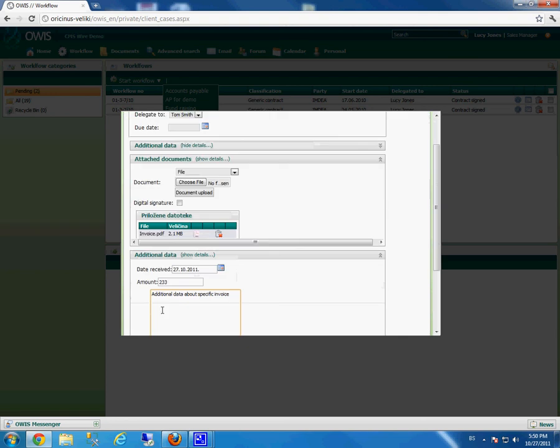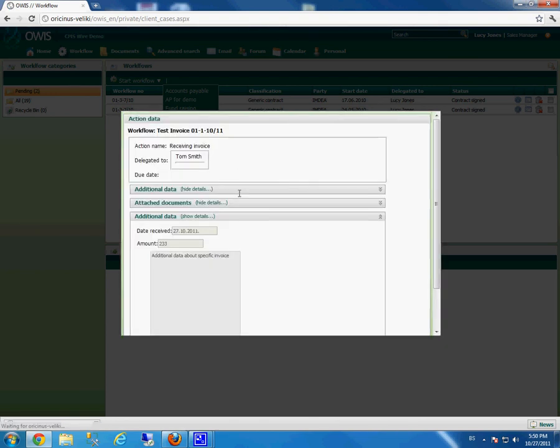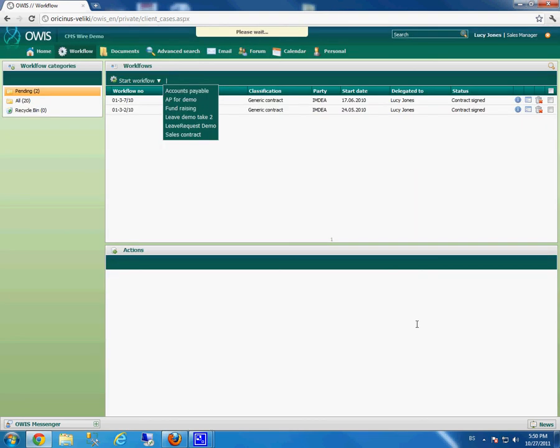By clicking insert, the system automatically executes the action receiving invoice and sends an email to Tom Smith reminding him that he received a specific workflow. So I'm going now to